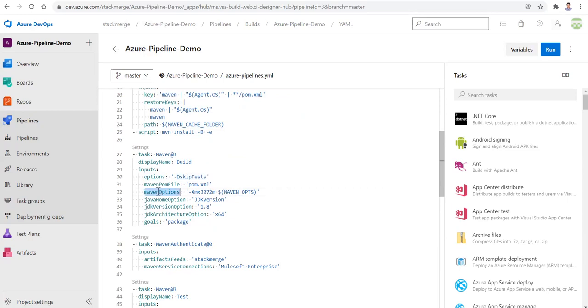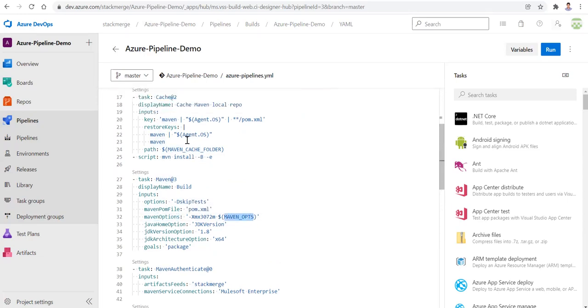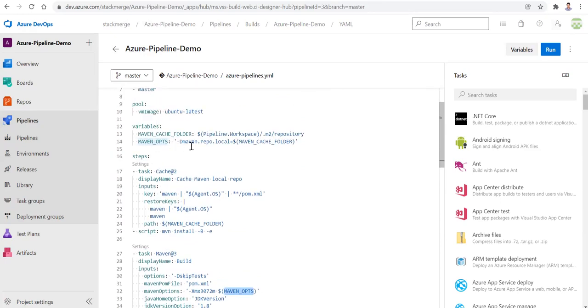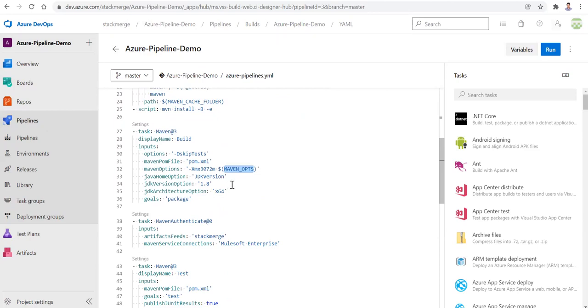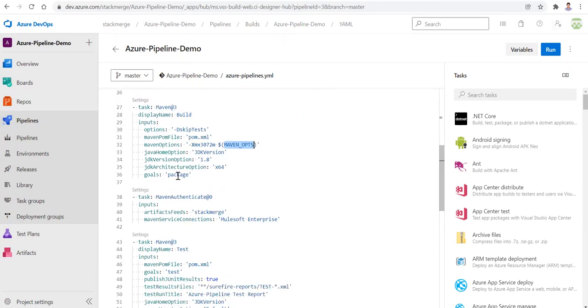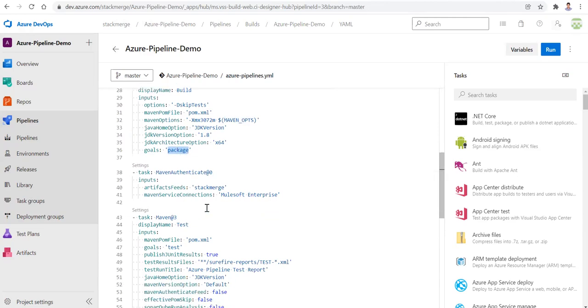If you see in Maven options, I gave this cache option, so from this folder all dependencies will be picked up instead of downloading again. Now my build part is done. Now I'm authenticating my Nexus repository here.